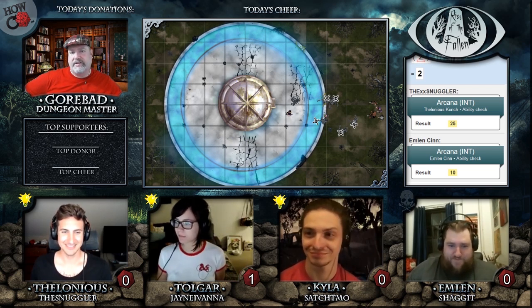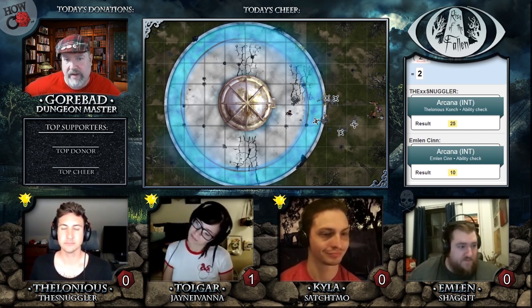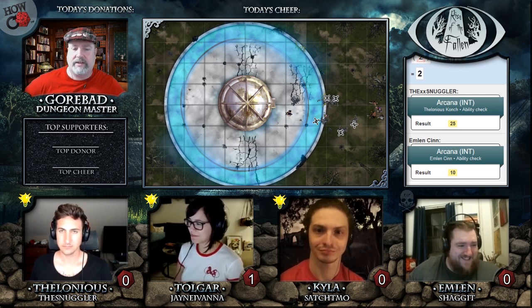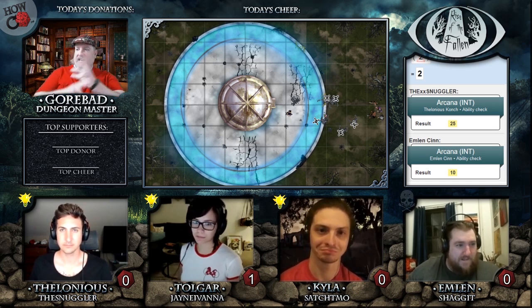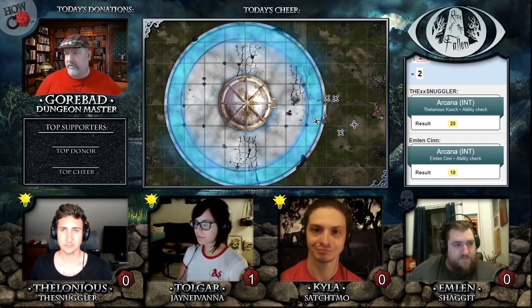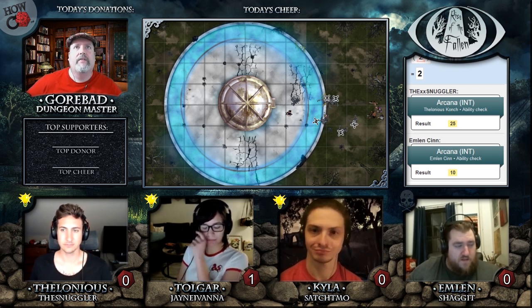Yay! Yeah, Emlyn, you're not particularly paying much attention. Maybe it's the distance, maybe it's the whatever. However, you definitely notice that she is inside there. You see by her hands and her movements that she's obviously casting a spell. And let's see, with a 25,